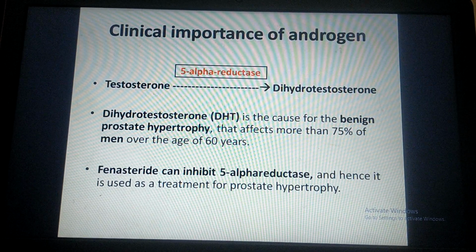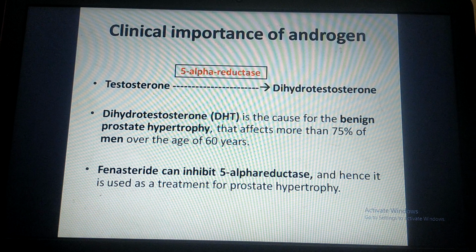Coming to the clinical importance of androgens, testosterone is converted into dihydrotestosterone by an enzyme called 5-alpha reductase. This dihydrotestosterone is responsible for benign enlargement of the prostate, which is seen in 75% of men above the age of 60. A drug called finasteride inhibits the 5-alpha reductase activity,